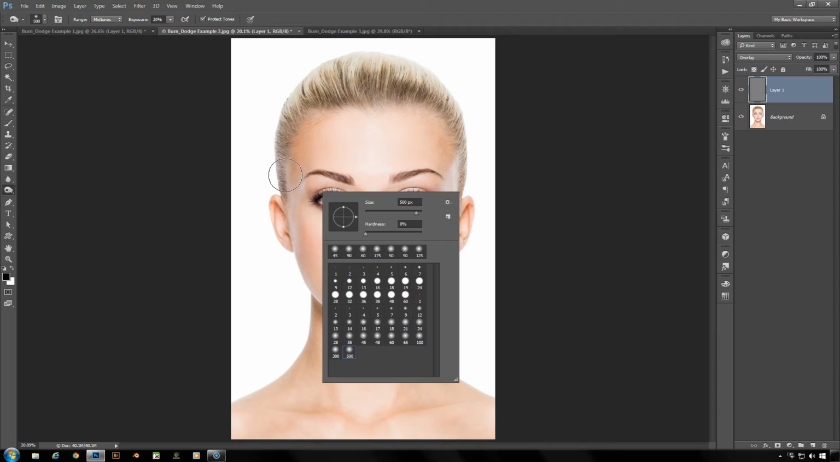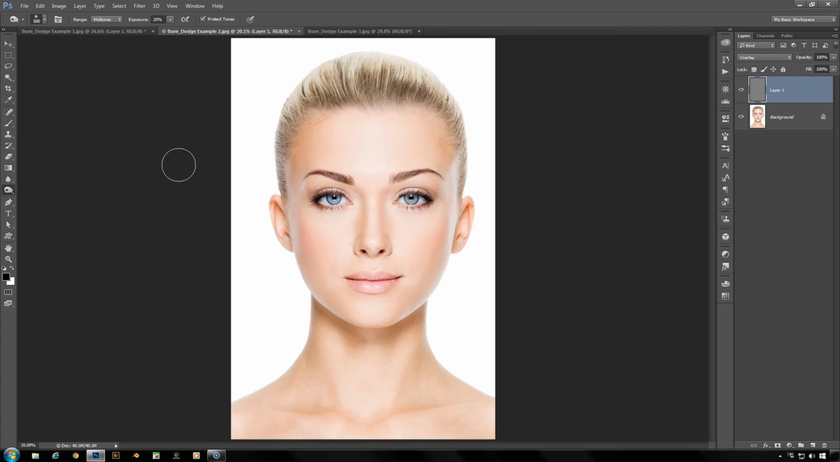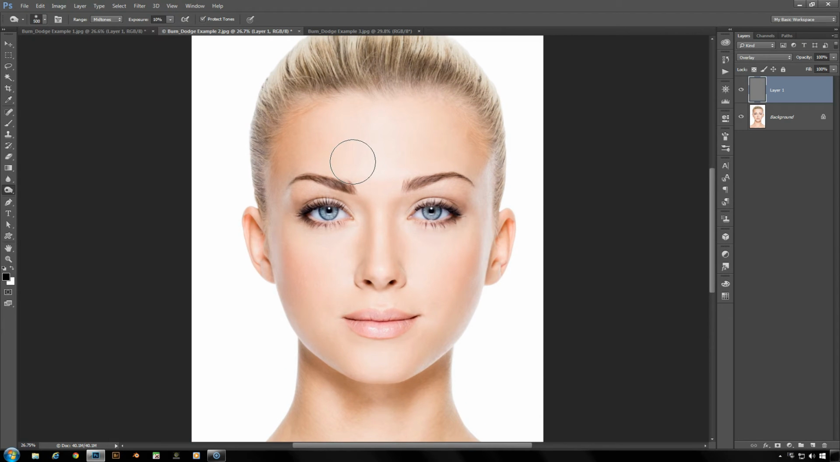A nice large brush. Now I'm going to set the exposure down to 10% because we're not going to need much here. Remember, we don't want to go too far with the burning or the dodging. It may create an effect that looks entirely too unnatural and perhaps cartoonish. So for this, with an exposure of 10%, I'll just lightly use the burn tool around the sides of her forehead and around her hairline,